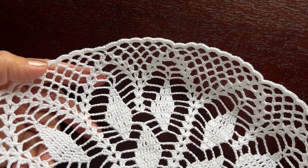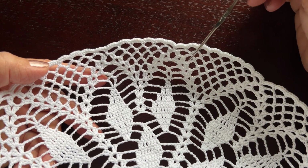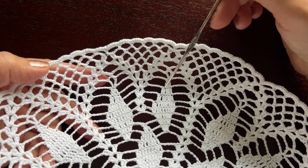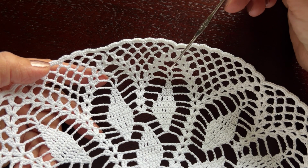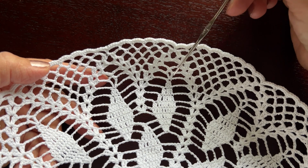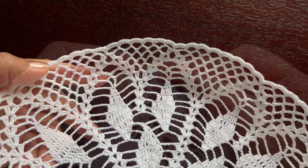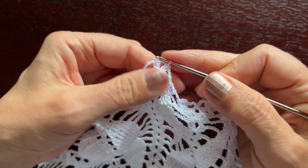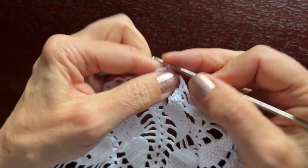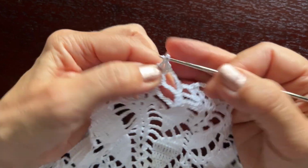In round 18, we'll continue making this honeycomb pattern, but where we had petals, we'll make chain 3, a single crochet stitch in the V stitch, and chain 3. Again, as usual, we'll start with 2 slip stitches and a shell,